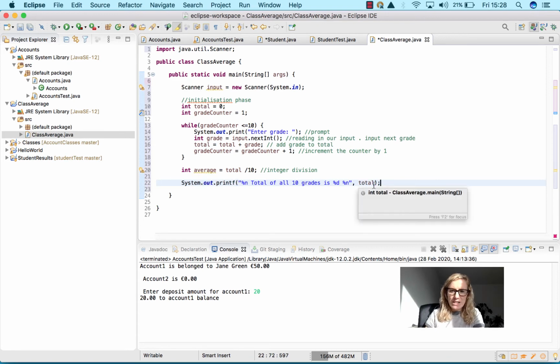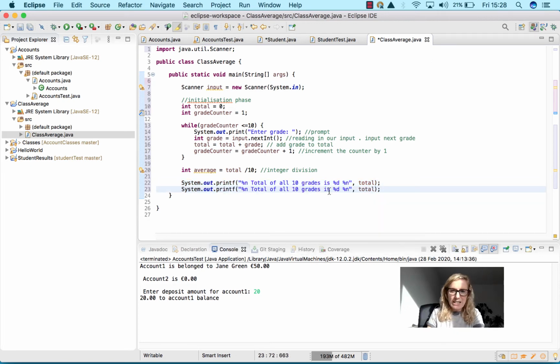We have to put in what it is, total. Now I'm just going to copy this. And I'm going to say the class average. And put average, which is here, which is just assigned at the moment and never used. So you can see here it says never used yet. Now, if we run this program, we have all of the brackets. So you can see it's highlighted here